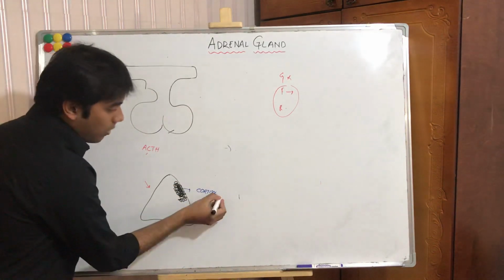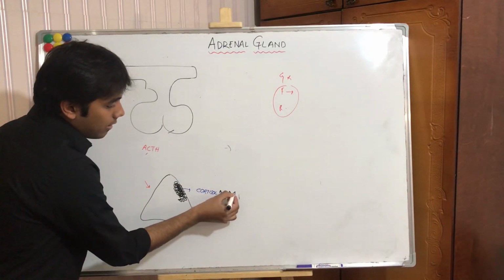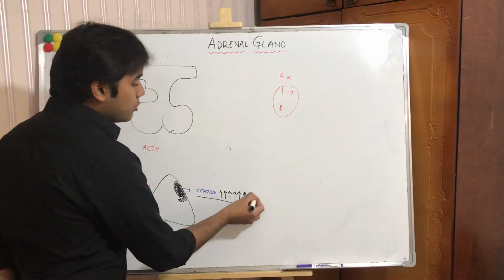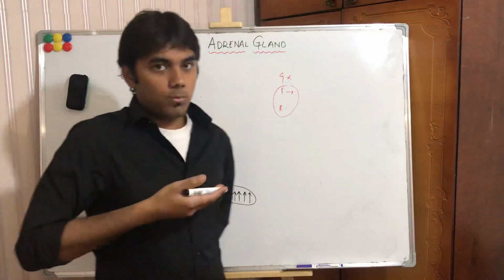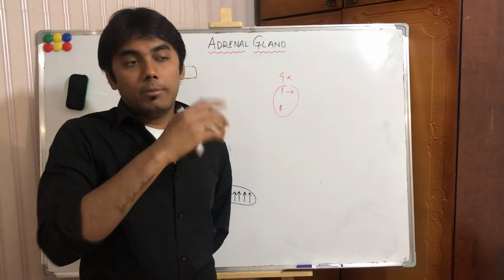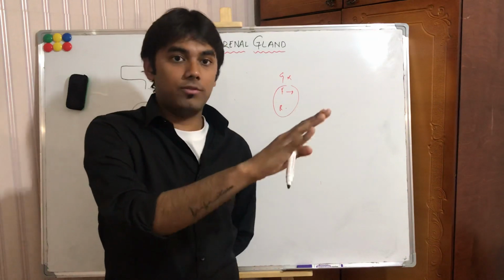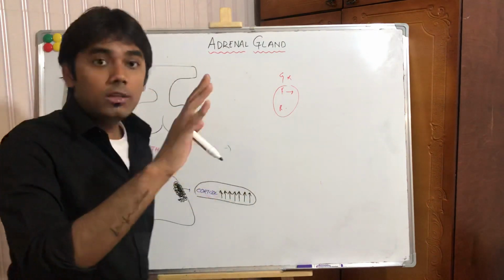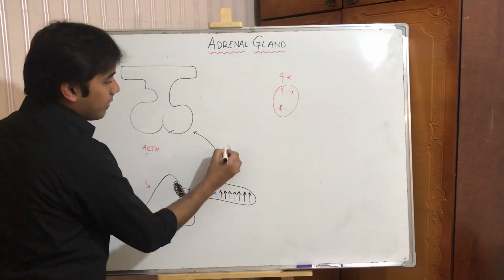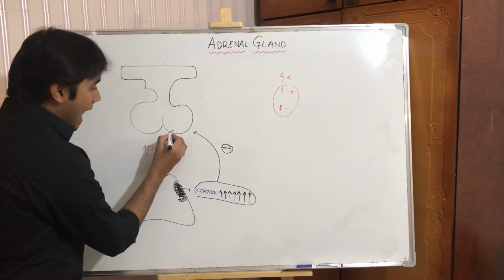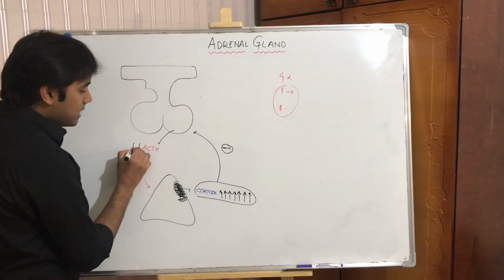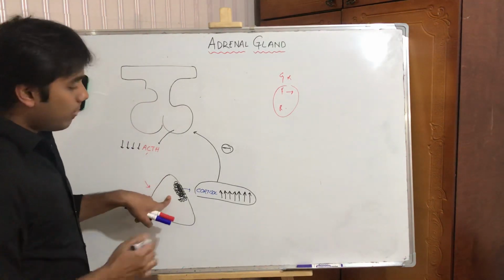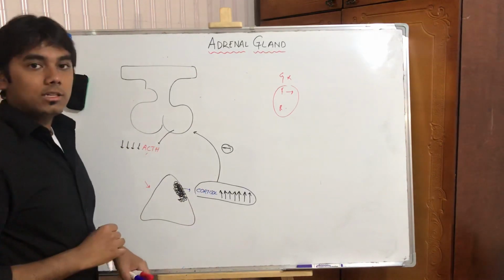Adrenal adenoma caused hypersecretion of cortisol. Now what does this do? As I told you, when cortisol level is more, it sends signals to the anterior pituitary telling that it's enough. There should be no release of ACTH anymore, because already my levels are more. Now ACTH should be reduced. So cortisol negatively inhibits anterior pituitary. As a result, anterior pituitary will not release ACTH. So the level of ACTH in the blood will be decreased. Now see here, as a result of adenoma, cortisol level is increased, ACTH level is decreased in the blood.